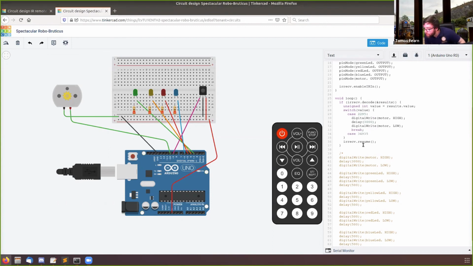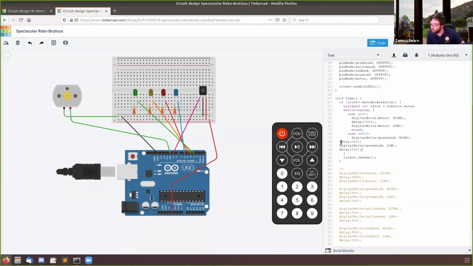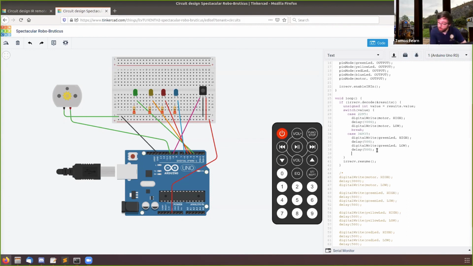which is 34,935. We'll add a colon, and again we can take the code from the green LED and copy and paste it into the case statement. It doesn't matter if the formatting or the indentation changes because it doesn't affect the functionality, but it makes the code a lot easier to read and then maintain. After that, we'll add a break,